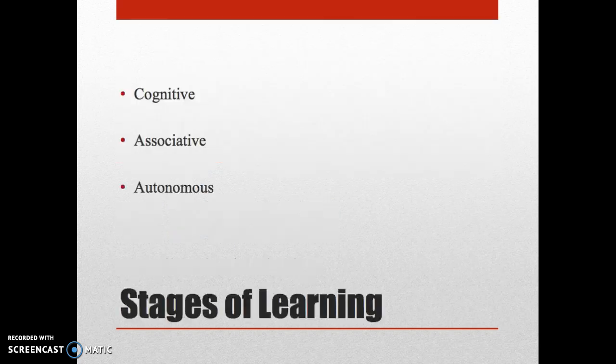First off is the stages of learning. The first stage of learning is cognitive. This is for beginners to a sport, and when learning completely new skills, they're thinking solely about what they're doing, instead of thinking about joining skills together like associative or autonomous, where you don't actually have to think about anything because it's so practiced. With cognitive, it's all about the thinking of the process of how you do it, instead of maybe even tactics or visualizing it. You're getting used to a new movement and a new skill.